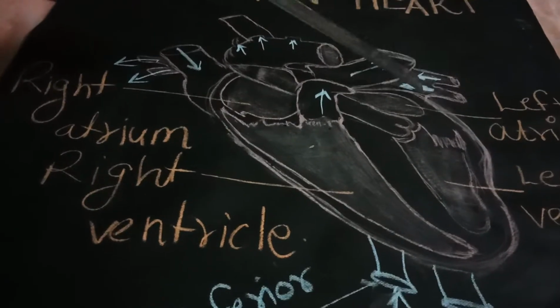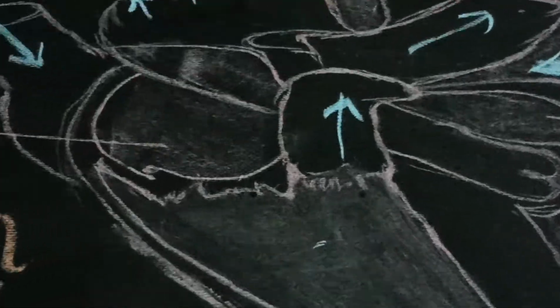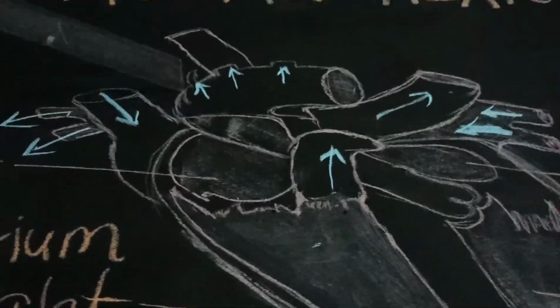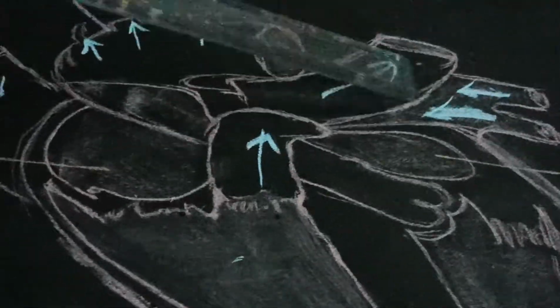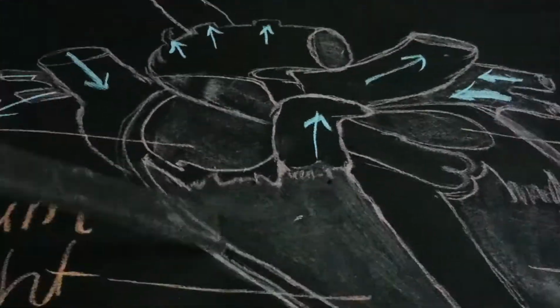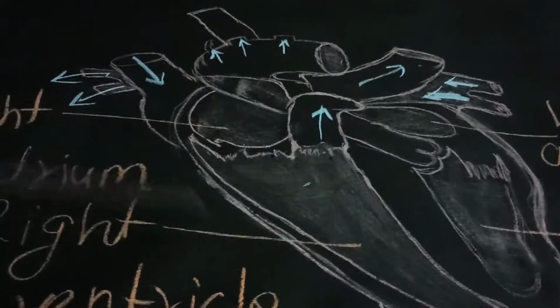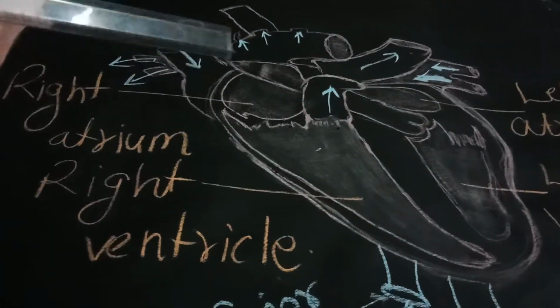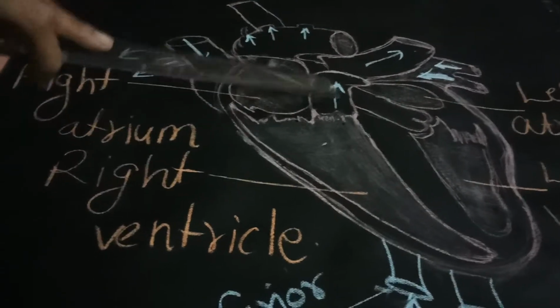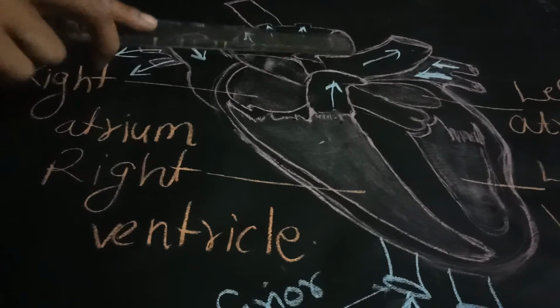Are you able to see the arrows? Some arrows you can see are going in a downward direction and some arrows are going in an upward direction. As the direction of the arrow goes, the blood flow goes that way. The heart is performing a major function of transporting blood to each and every part of the body. That transportation happens in the direction of the arrows.